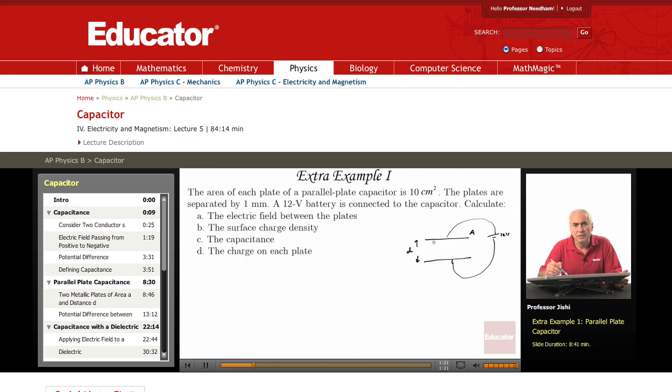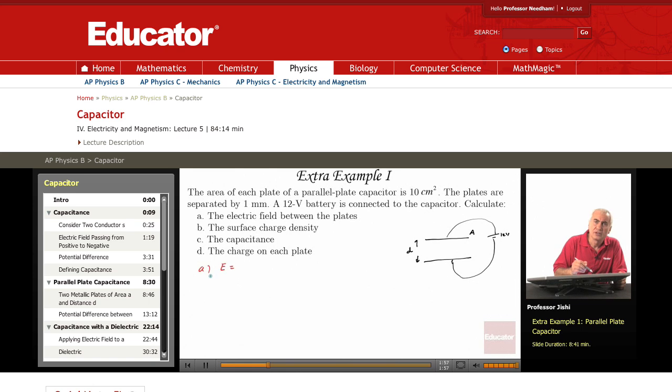So this means that the upper plate is at a potential 12 volts higher than the lower plate. Now, the potential difference across the capacitor is 12 volts. So we want to find first the electric field between the plates. The electric field between the plates of a capacitor